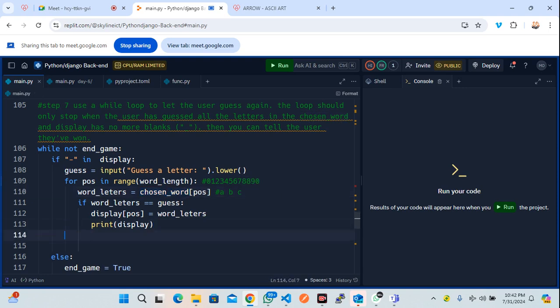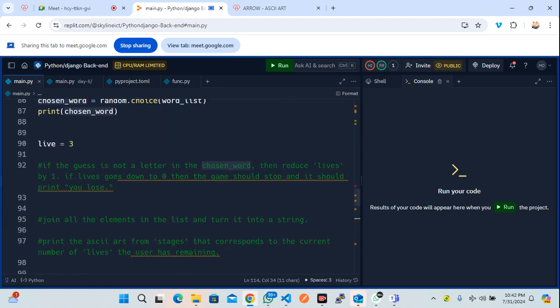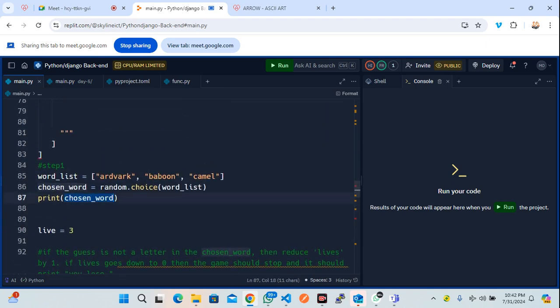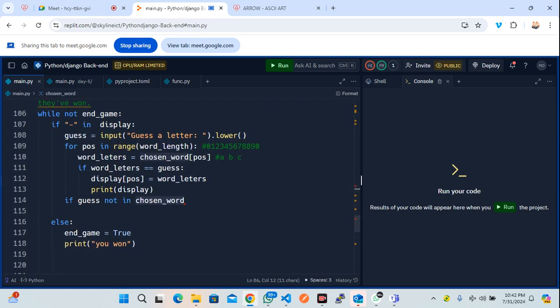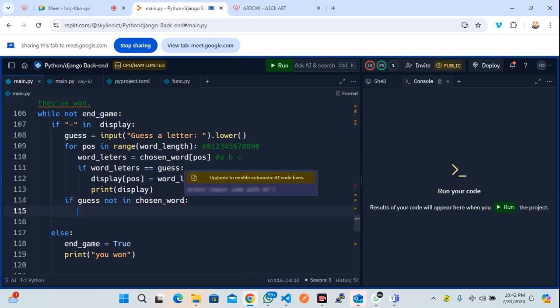You can say, let's do this if, instead of, if the user guess, which is this, is not in the chosen word, which is this word, right? If it is not there, which is when the user gets like A or B, if what the user guessed is not there, so what we are going to do,